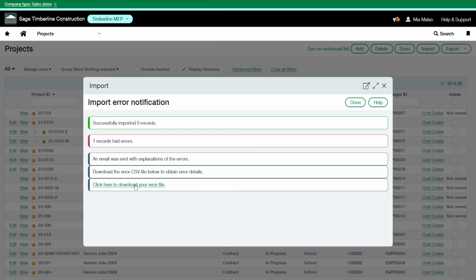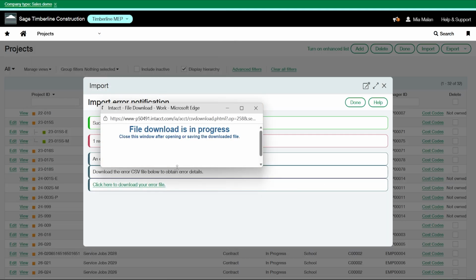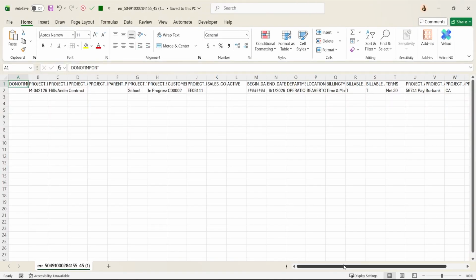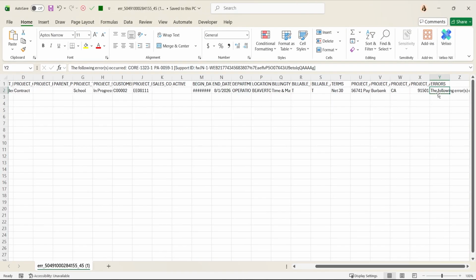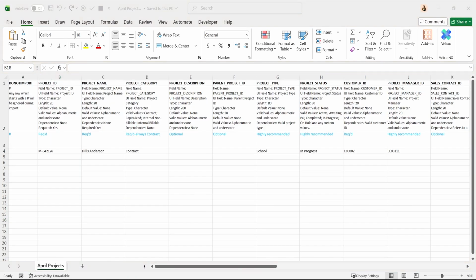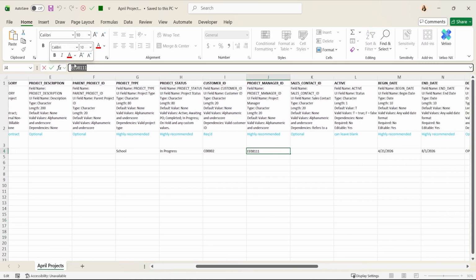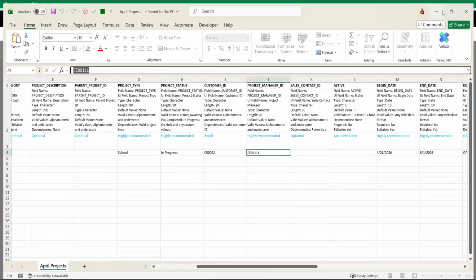All right, so it says that one record has errors. So we can open the error file here. Sometimes this doesn't give you enough info, but you will be notified through email. So it says the project manager I selected does not exist. So column J is the project manager ID. Maybe this employee is no longer active.